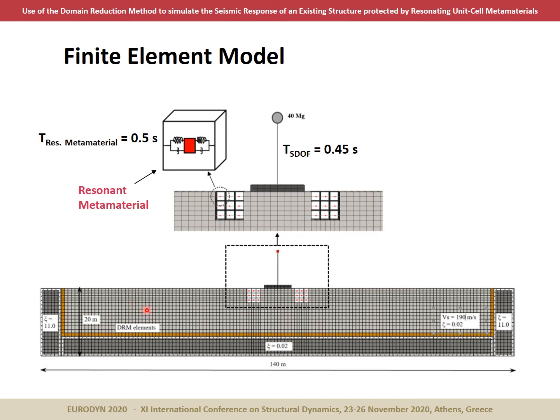As you can see down here, our model is separated into three different domains. This inner domain with the light gray color, this outer domain consisting of the so-called damping elements, and this orange domain in between consisting of those DRM elements. And on those DRM elements, we apply some equivalent forces that generate the wave field that eventually propagates inside